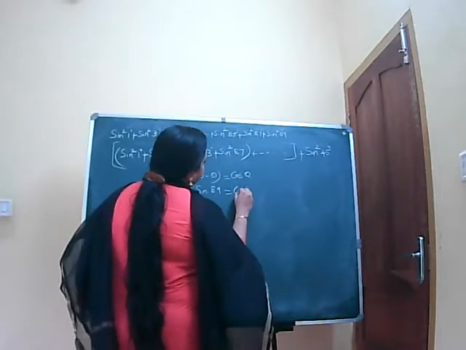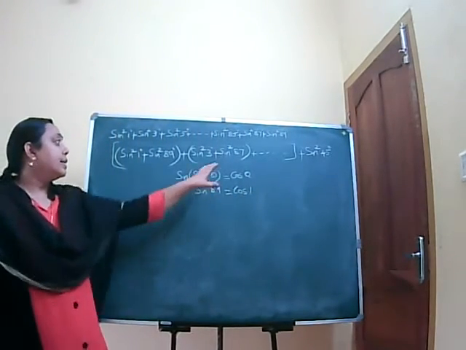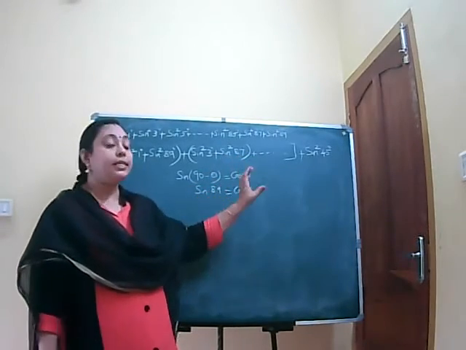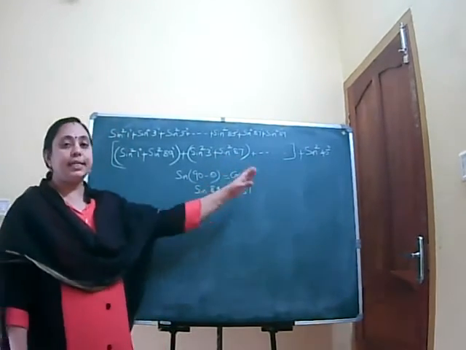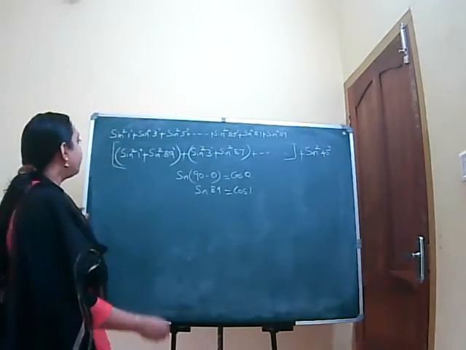In similar manner, sine 87 is cos 3, etc. So this expression becomes